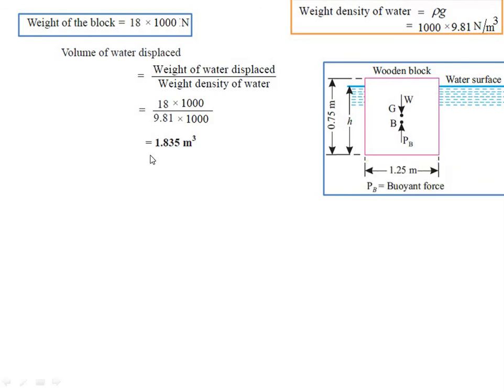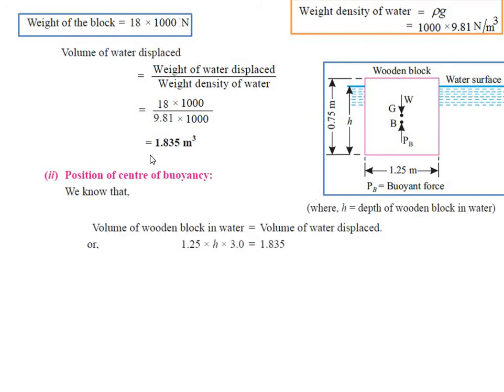Therefore, we come to know that some portion of the block is above the water. Now to calculate up to which height the block is immersed in the water, we use the formula: volume of wooden block in water is equal to